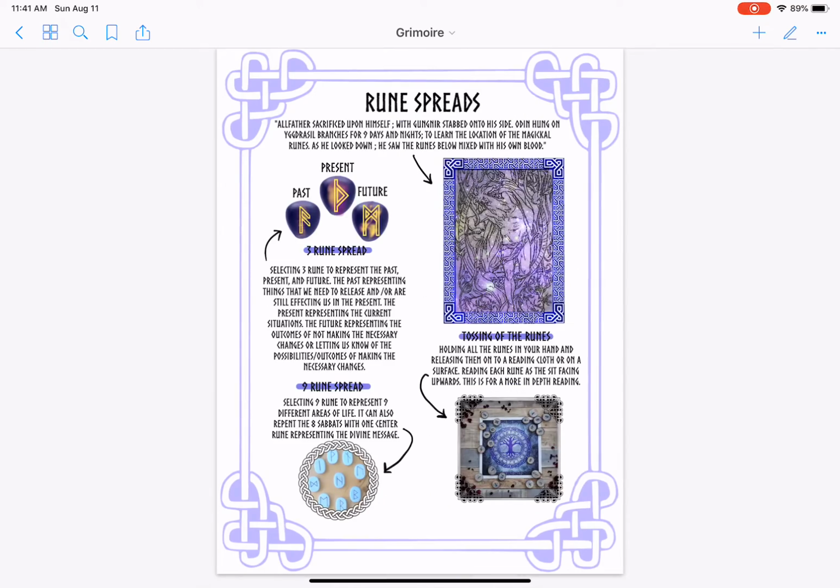And this is another one I created called Rune Spreads. It's based on the ones that I resonate the most with when it comes to doing a rune reading. I found that the 3 rune spread is great. The 9 rune spread is good. I feel like it works best for the sabbats. I think that'll be a good thing. And then the general tossing of the runes and reading that,